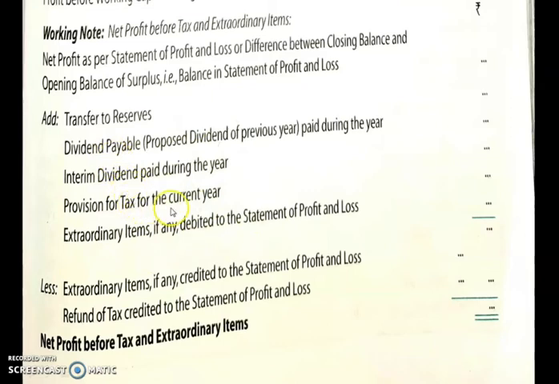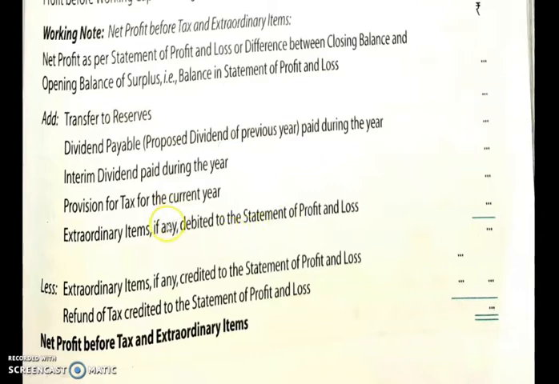You just have to look at the current year of that particular item. Then you have to write those amounts over here. Now for transfer of reserve, you have to take the difference of 2 years, that is closing year minus opening year. You will get the amount. Whatever difference you have found out, that you will write over here.